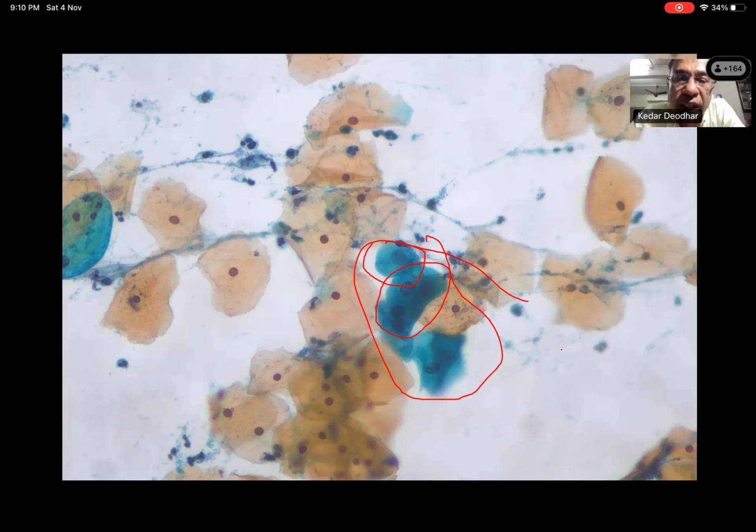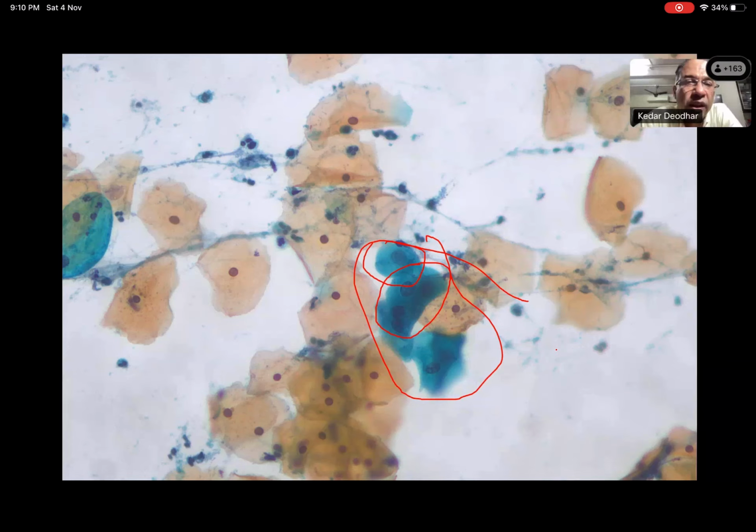So if you see any abnormal cell in an otherwise smear that you would have called unsatisfactory, please mention that, because it alerts the gynecologist or the smear taker. Mind you, we are looking at a cervical cancer screening program, a population-based screening. The idea is to detect something abnormal and not to miss even a very small amount of abnormal cells.